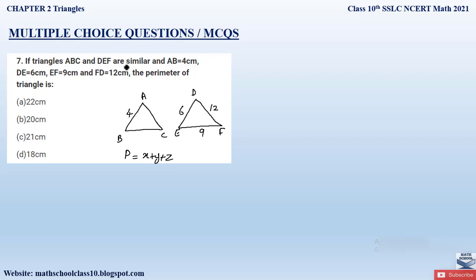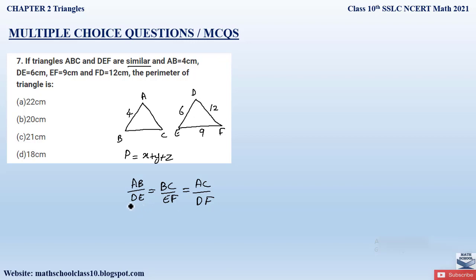So now also they have given us that the triangle ABC and DEF are similar. If the triangles are similar, then their corresponding side ratios will be equal. So let us write down the corresponding sides ratio. That is, the first corresponding side is AB by DE will be equal to second corresponding side, that is BC by EF, equal to the third corresponding side, that is AC by DF. So now we know AB and DE value, whereas we have to find out the BC and AC value given EF and DF value as well.